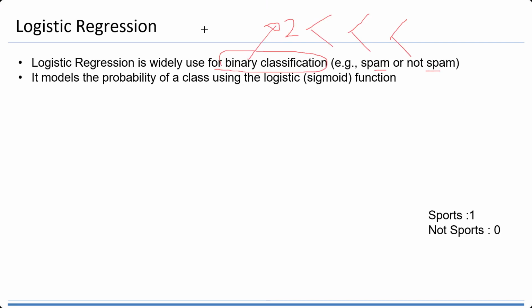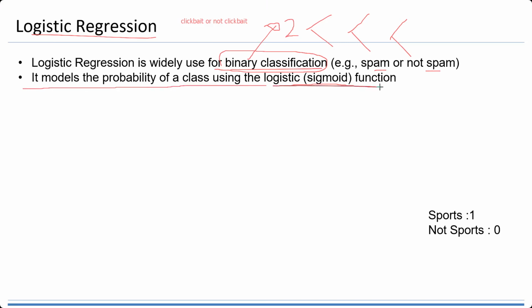And you can also have the examples in the assignment. It is clickbait or not clickbait. Okay. So if there are two classes, then it is binary classification. Logistic regression is good for binary classification. And it models